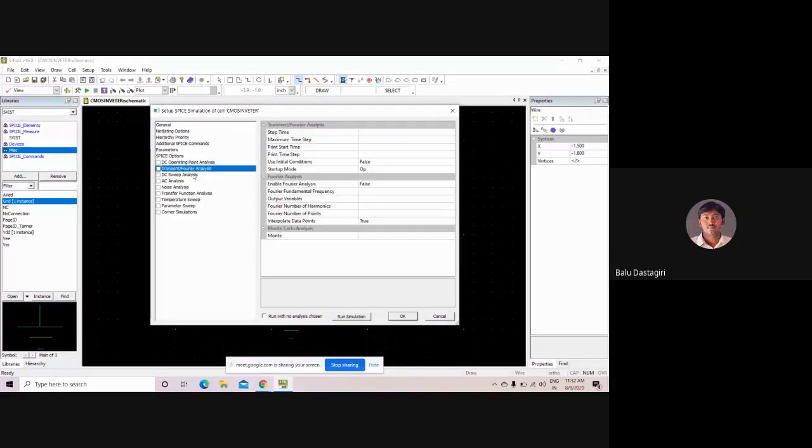The next one is transient analysis. Transient analysis means it will plot the output and input waveforms in accordance with the given time. With respect to time, the output and input voltage or input current will be plotted.